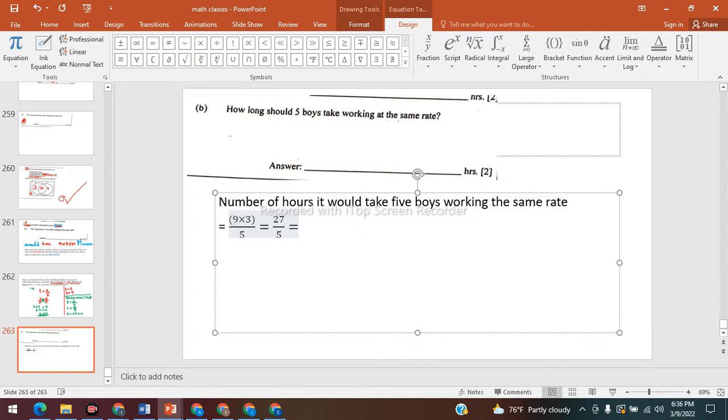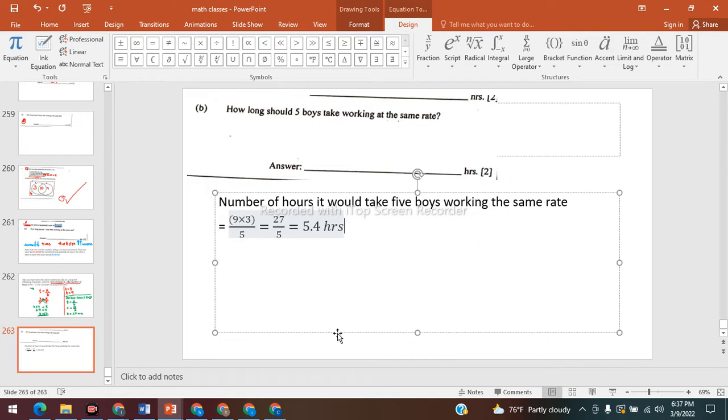What is 27 divided by 5? Five point four. It's going to be 5.4